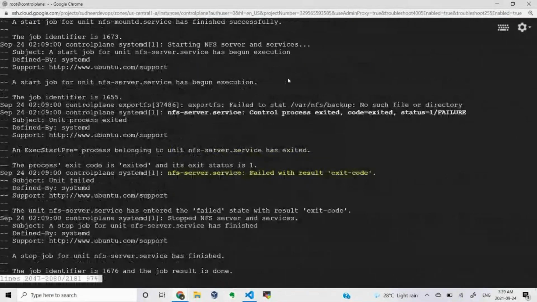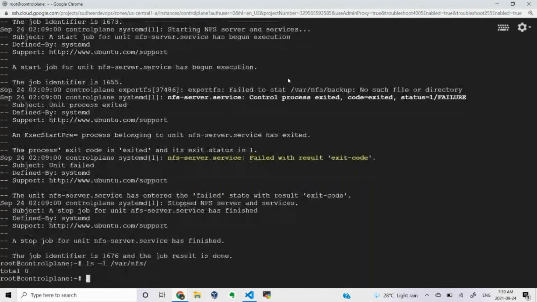Build backup, no such file or directory. Is it seriously not available? Let's see where I created it. Where did I create it? mkdir /var/nfs. Where did I create it, guys? Backup.